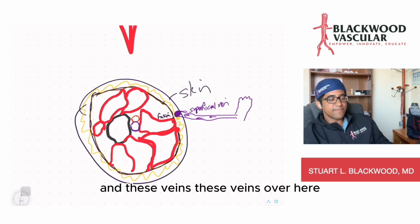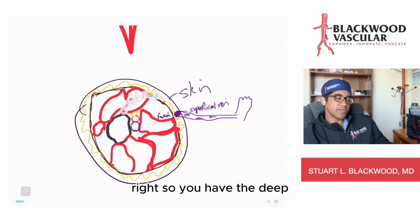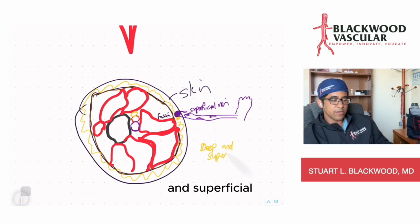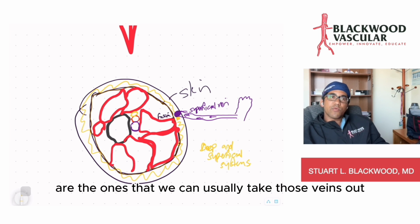And these veins over here, and then usually there's a big nerve right here too, right? So you have the deep. This is the difference between the deep and superficial systems. When you're looking at the deep and superficial systems, the superficial systems are the ones that we can usually